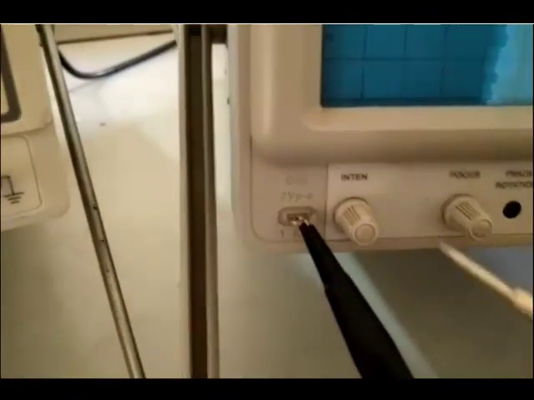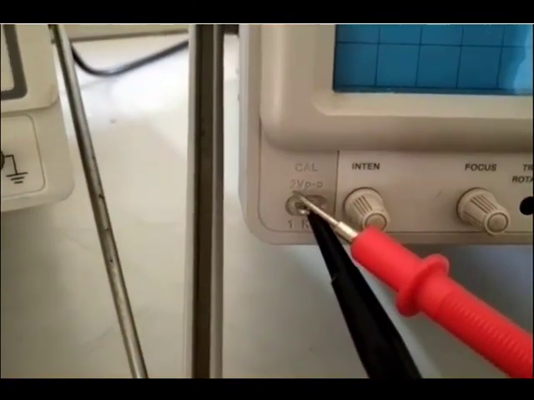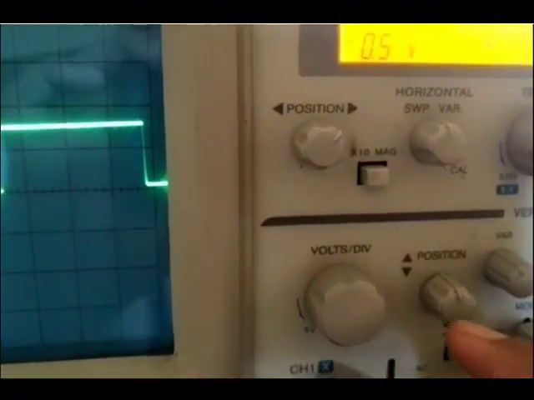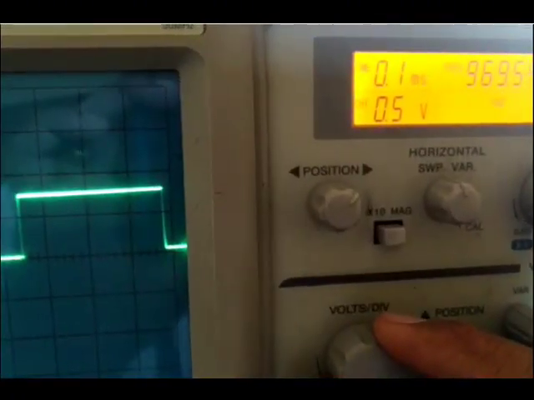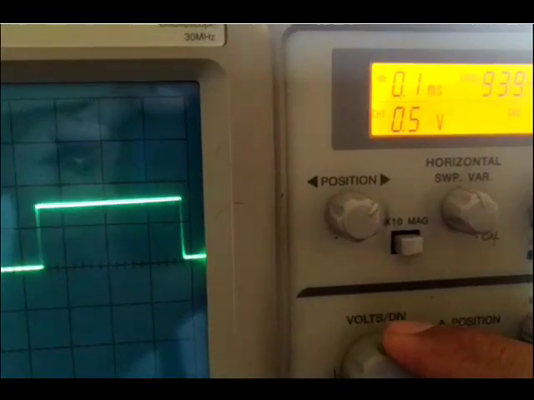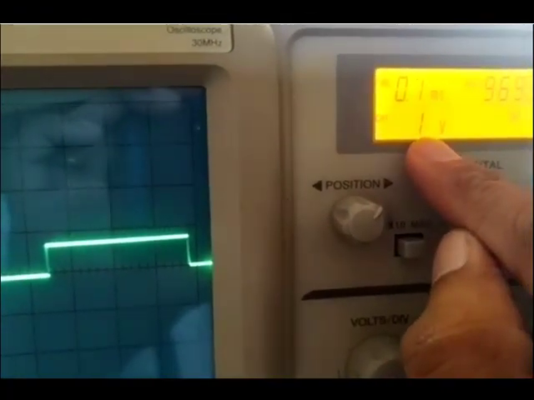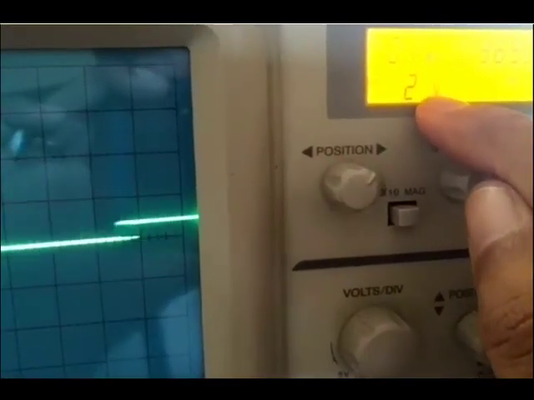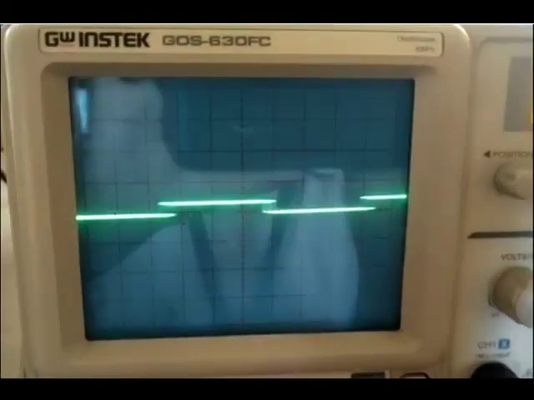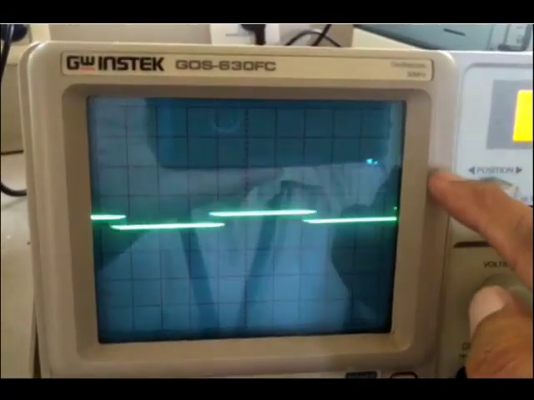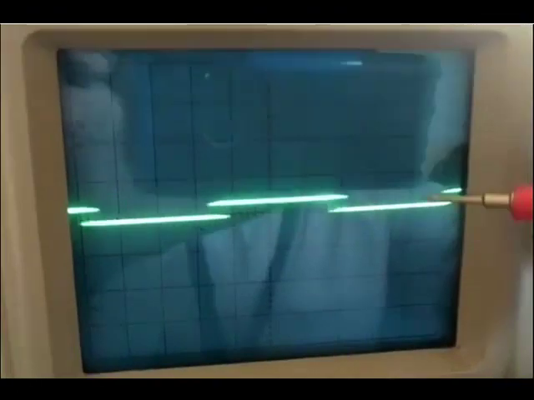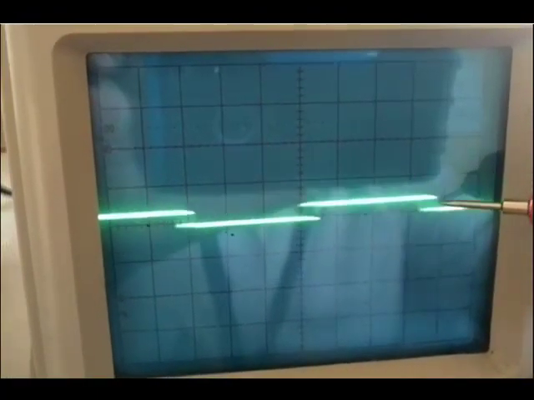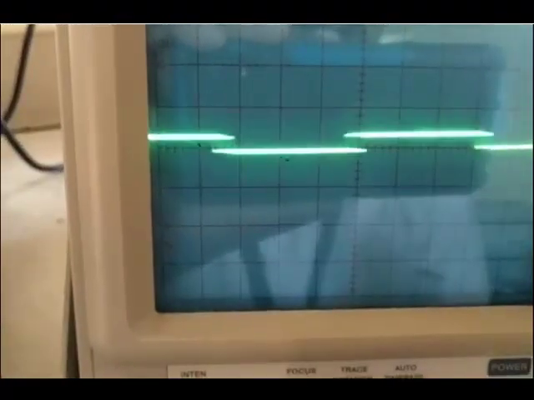The stable source here says that this signal is 2 volt peak to peak. So what I'll do, I'll turn this voltage per division knob till I get channel 1 to 2 volt per division. Now observe the waveform. If this oscilloscope is calibrated, then this waveform should have occupied one box, that is 2 volt peak to peak. However, it is not occupying one complete box, that means it is uncalibrated.